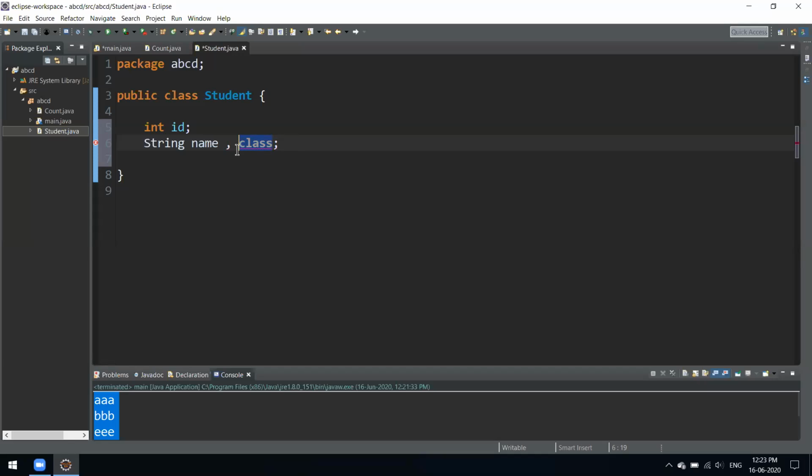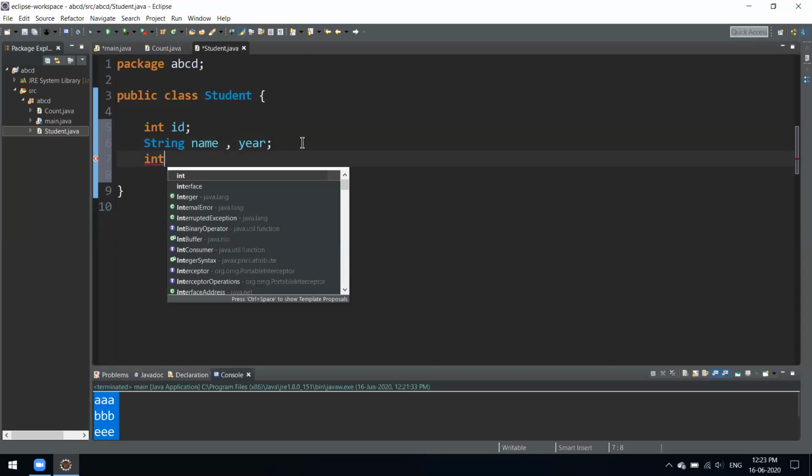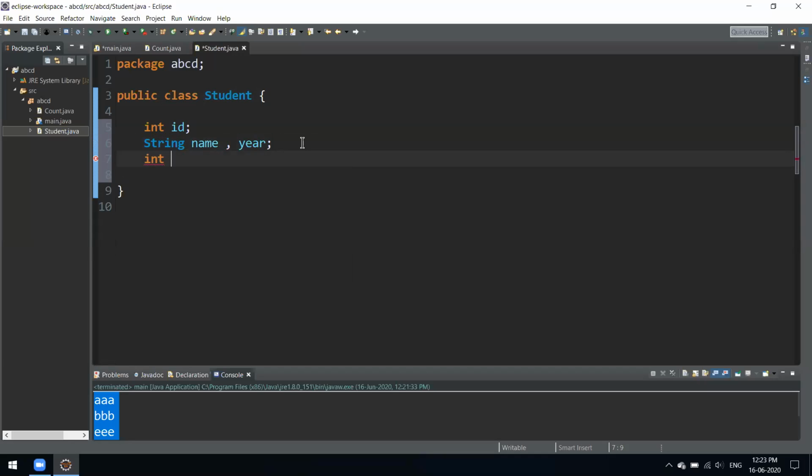Sorry, we cannot have the class keyword, so you'll have to specify something different. Or you can specify year over here, so year would be fine. And one more integer, suppose roll number. That's it. So we have four variables now, two integers, two strings.